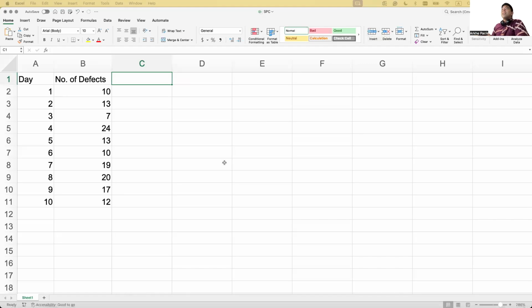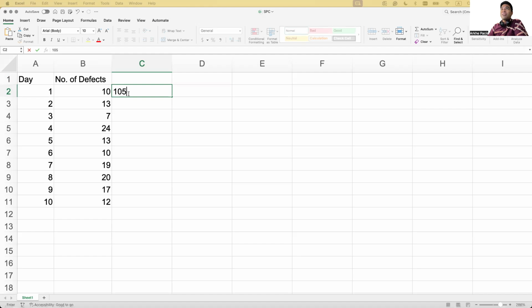I'm gonna use the same data sets that we used this morning. So doing a P chart is actually about proportion. An example of a situation where organizations use a P chart is when the sample size collected is not the same each day. For example, on day 1, we observe